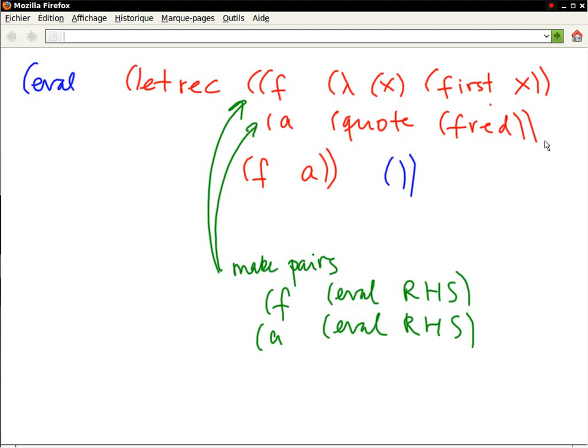And the eval of the right-hand side doesn't work. So when you do eval of the right-hand side for f, and it goes and tries to evaluate